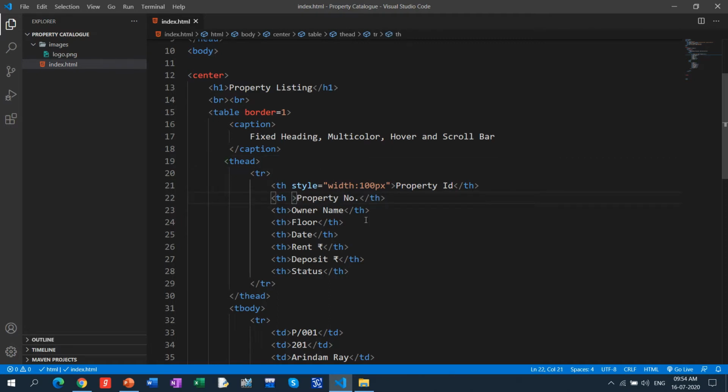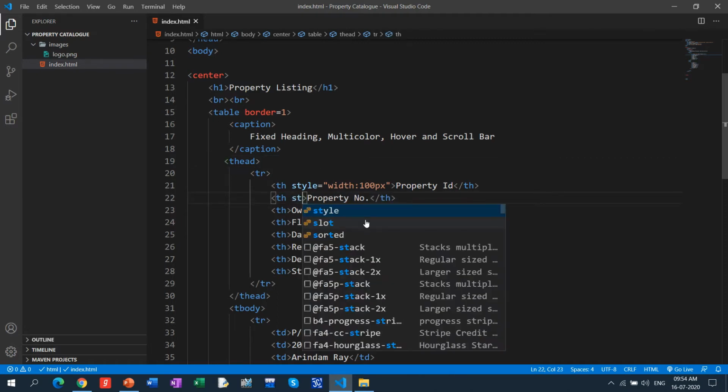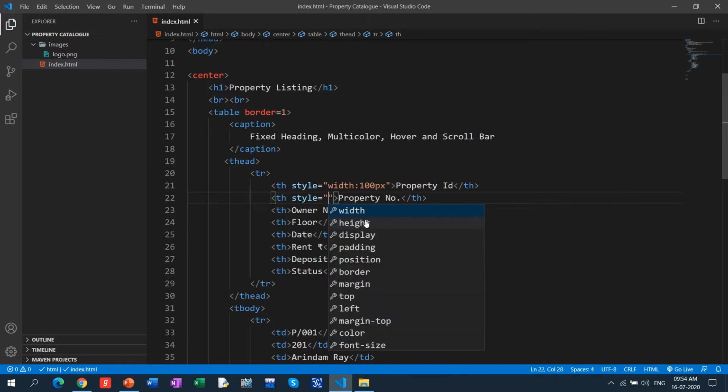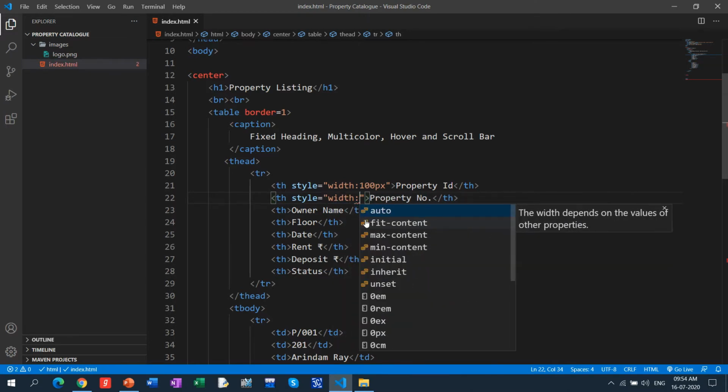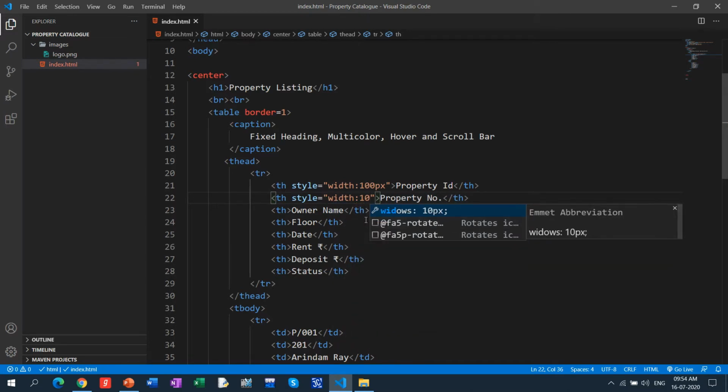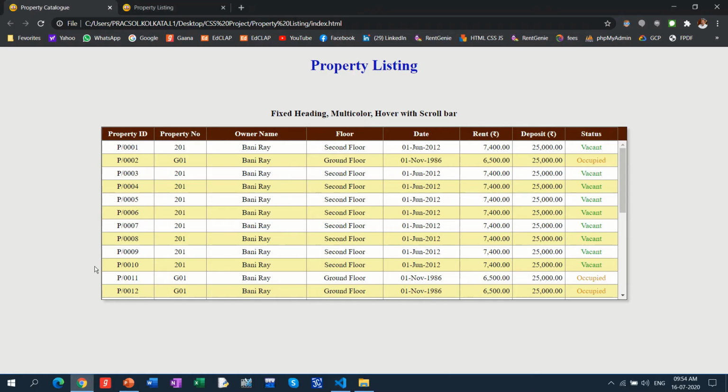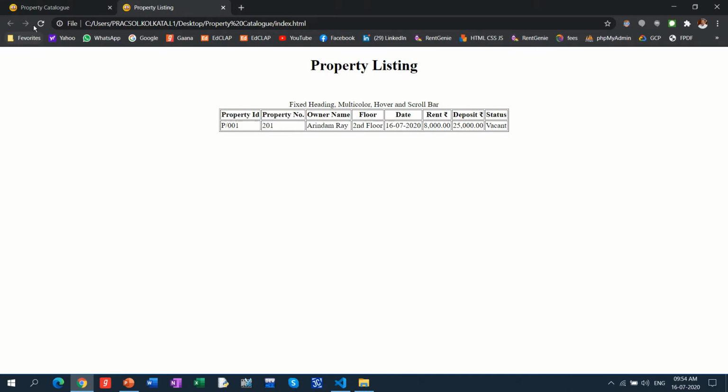Let's come down again, for this style equal to width, I also make it 100 px. Now let's see, I'll just refresh it. See, the size of this property ID and property number remains fixed at 100.